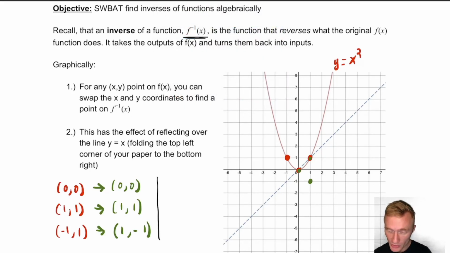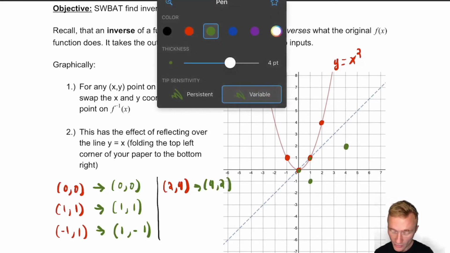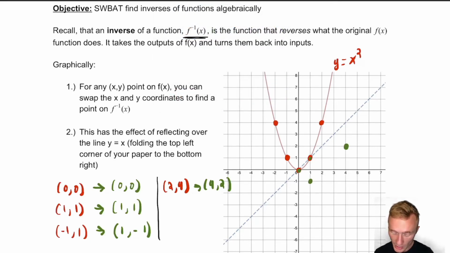Let's look at the next ones over when x is 2, y is 4 on our original function. And so on our new function, that's going to be 4, 2, the other way around. 4, 2, there it is. And finally, the last one we should do -2, 4. And we're going to turn that into 4, -2. And so if we were to graph the inverse of this relationship,